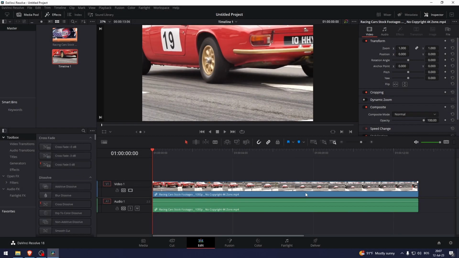How to track objects in DaVinci Resolve. So here I have a car with a license plate that I want to track, and I just want to put some text over the license plate. This is just an example video, so the way that you would track this is by selecting the video, going into Fusion,